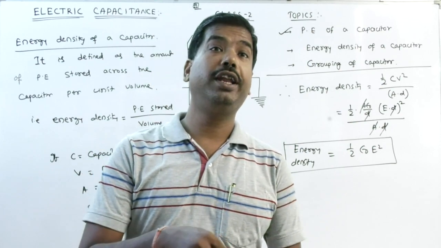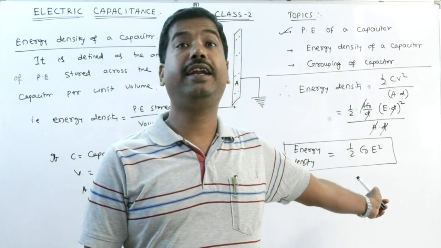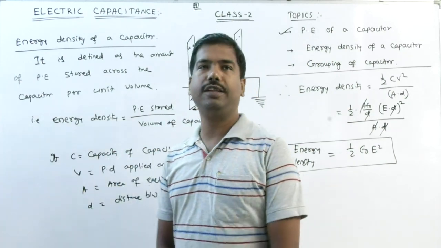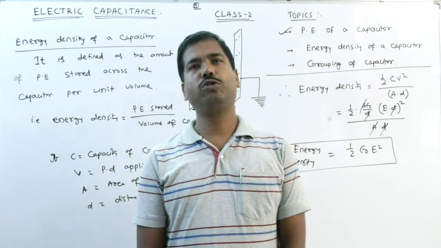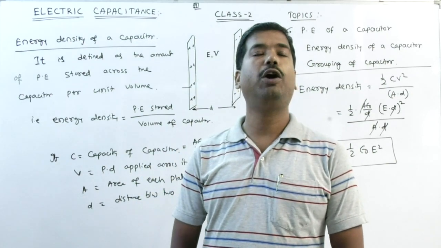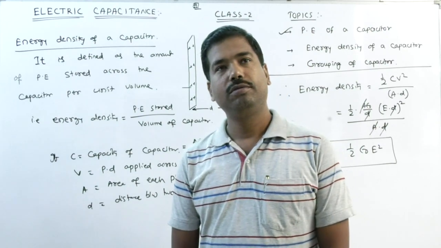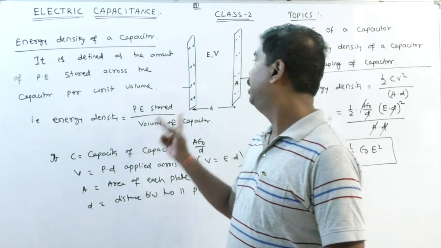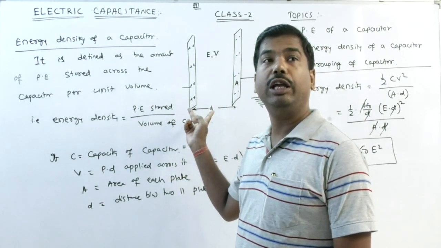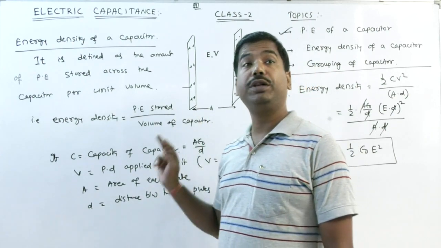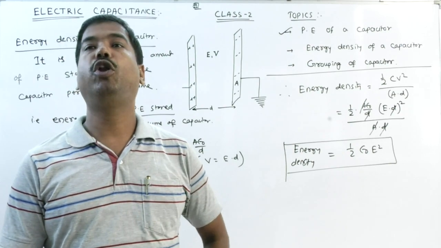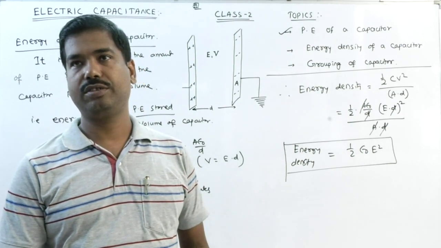It means the energy stored in a capacitor, very important: energy density of a capacitor is half epsilon 0 E square. Now the question is, sir, whenever you store some amount of energy in a capacitor, where is that energy stored and how is this energy stored? This energy is stored in between the two parallel plates of a capacitor in the form of electric field. Clear? And that is called polarization. We will discuss it in the next class.